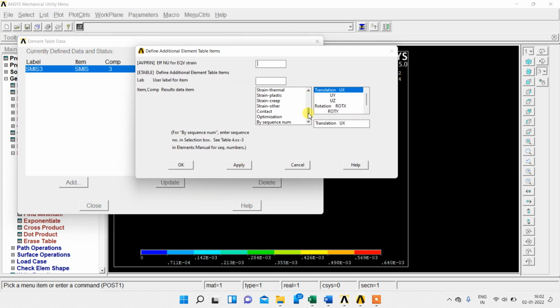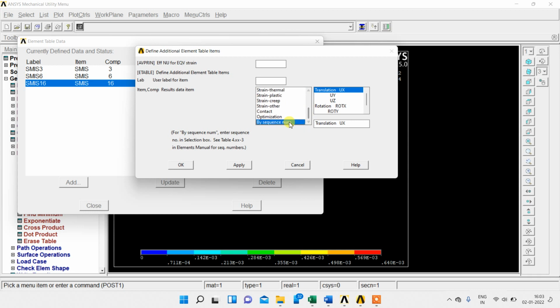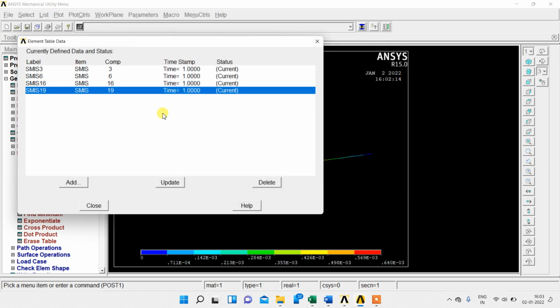Again, a similar procedure: by sequence number SMISC 6, apply. Similarly by sequence number SMISC 16, apply, and by sequence number SMISC 19. So we are using four sets of data for plotting the shear force and bending moment diagrams.